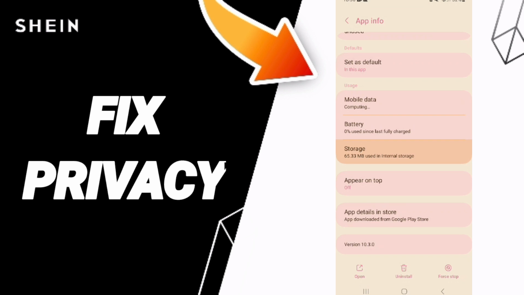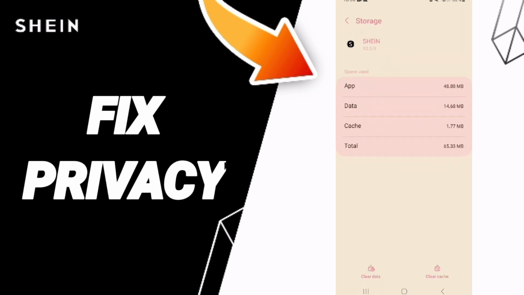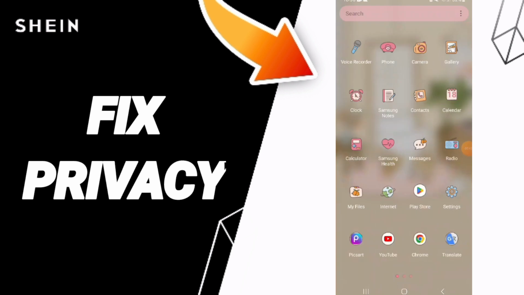Then we'll enter the window of storage. Here you can click clear cache. Don't click clear data because that can cause errors or can delete your account. In the end, you can turn off your phone and wait a moment to turn on your phone